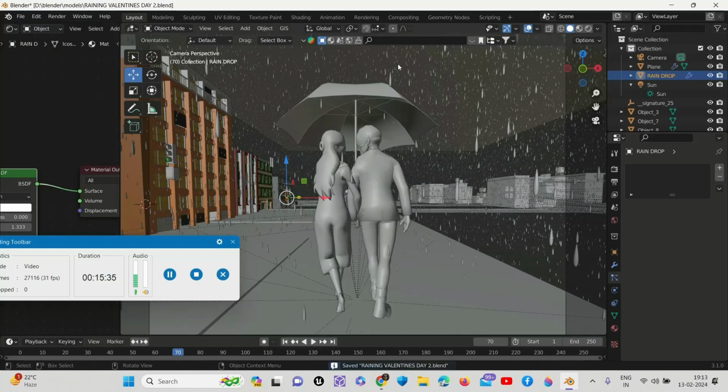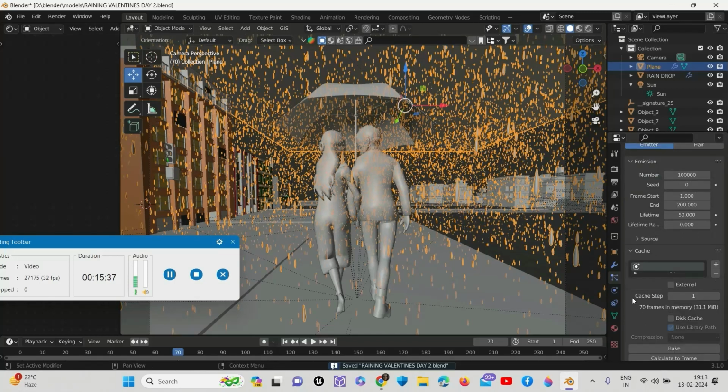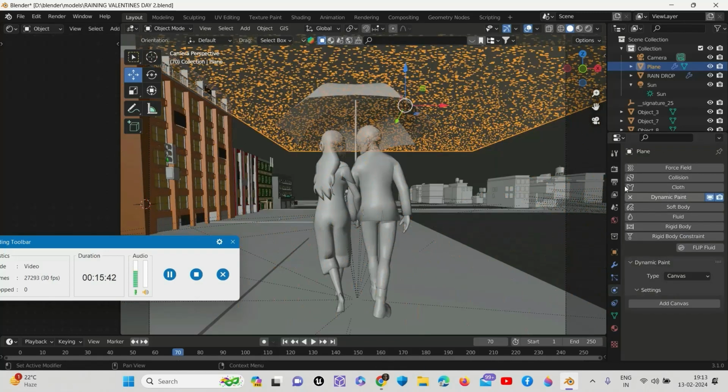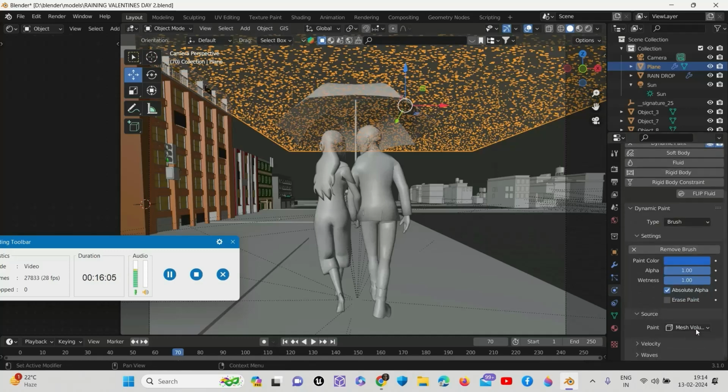Now let's add dynamic paint and make it brush, because it will act as the brush on the canvas that will create the splashes and other kinds of water marks on the substances. So we will need to make it like a brush. All right,